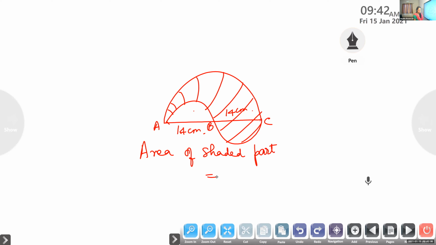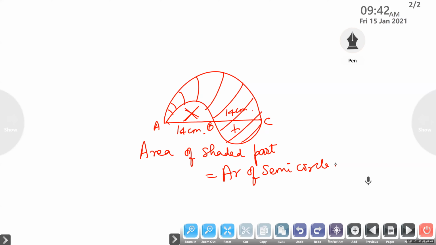What will be the area of the shaded part? What is the answer? It will be same as? Yes, Karthik, give the answer. Not the final answer. How will you calculate? You tell me, how will you calculate this one? Area of the small semicircle plus area of the large semicircle minus area of the smaller semicircle, isn't it? So here we are removing it, and instead of that here we are adding it. So will it be same as area of semicircle itself? Is it correct, Aparna?